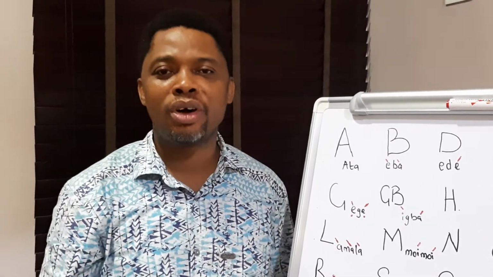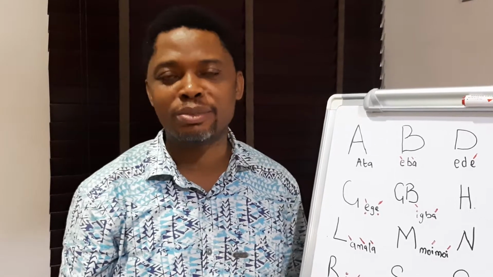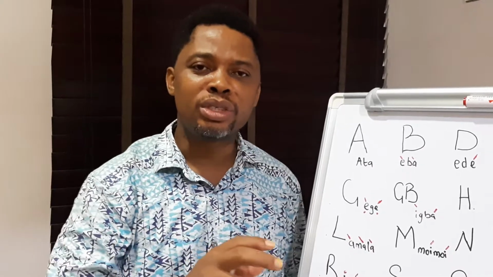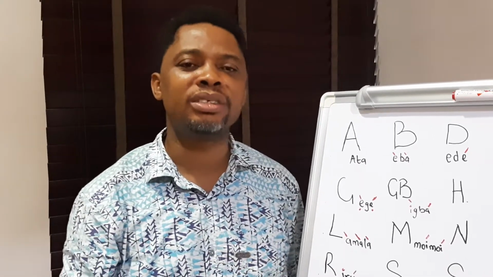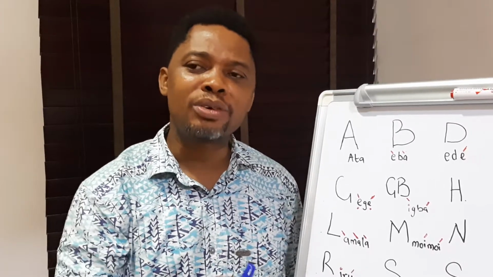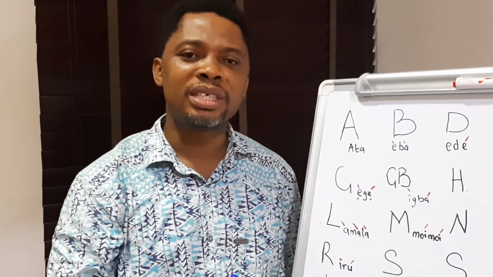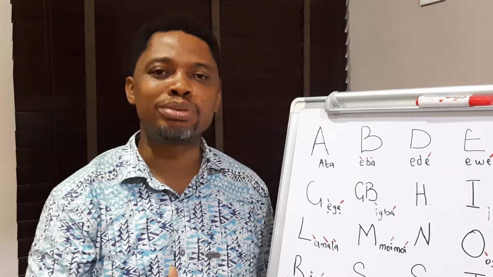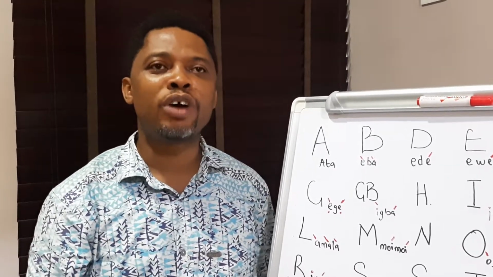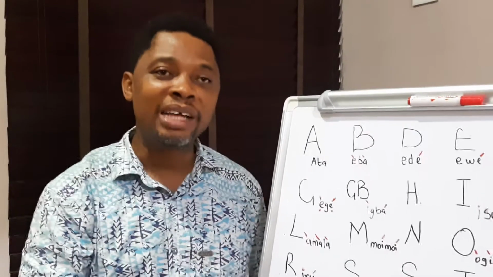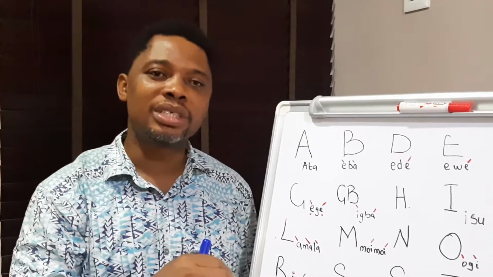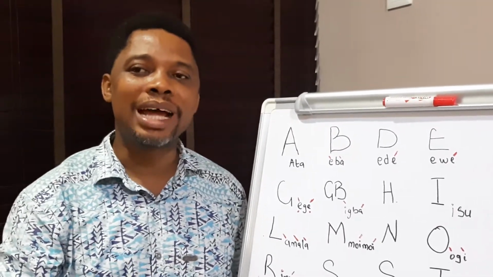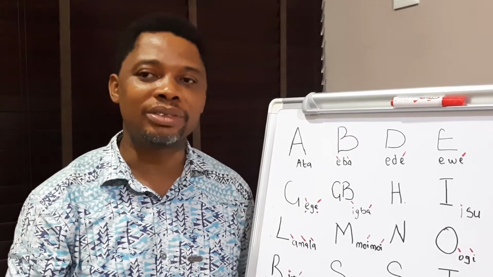So you are welcome on this edition of how to read and write in Yoruba. There's a previous video that was released just going to the alphabet, not going into details. But this particular edition, we are going into details, looking at 2-3 words that we can join together. And particularly we'll be touching on the sounds, how to pronounce the words in Yoruba. We'll first briefly go to the alphabet in Yoruba. From the alphabet, we'll look at the words where the alphabet is used and how to pronounce the word, the sounds that determine how those words are pronounced.